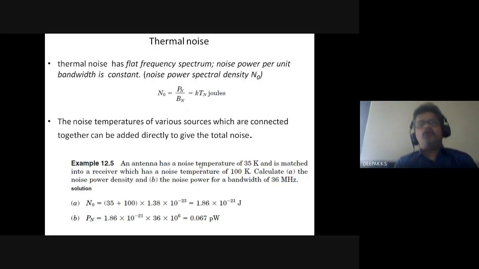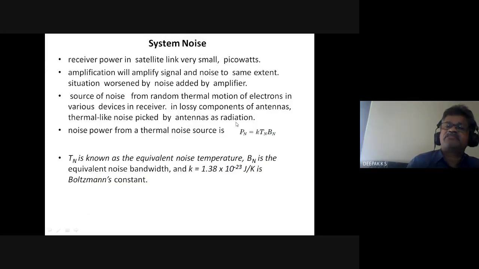So, if you look at the frequency domain representation of thermal noise, you can see that from a low frequency to a high frequency, the noise will have a constant value. So that is what is written here. Thermal noise has a flat frequency spectrum. Spectrum means the x-axis is F, from a low value to a very high value. The value of this thermal noise power is flat